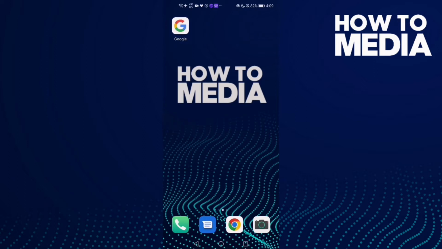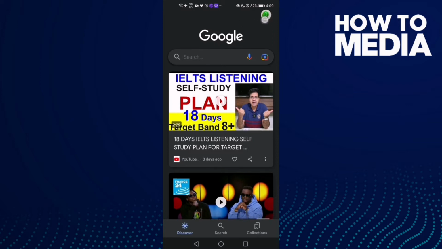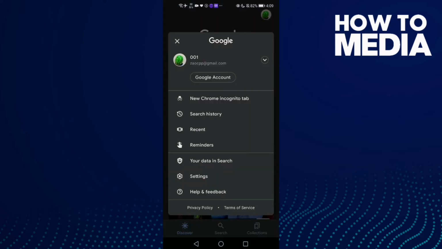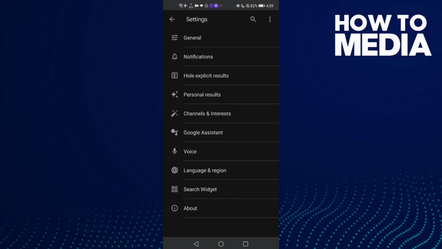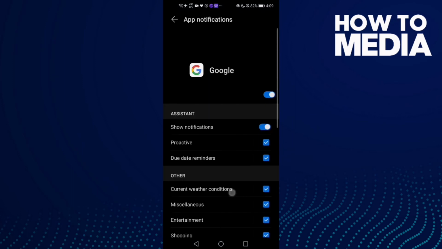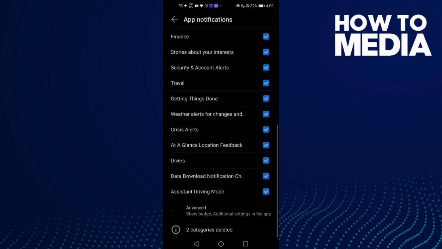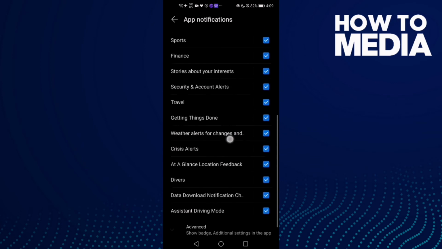First, we're gonna go to Google and then click on your profile here, and then click this one, settings, and now click this one, general, and not general, click this one, notifications, and then click notifications again, and here just go down until you find this one, weather alerts for changes, and